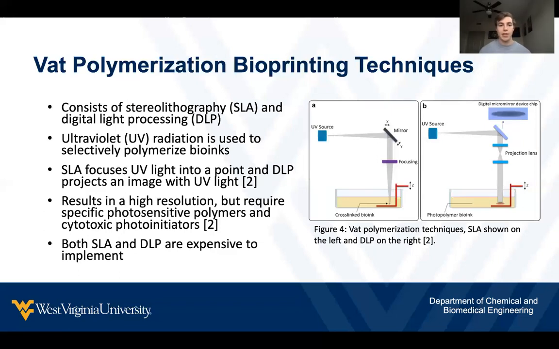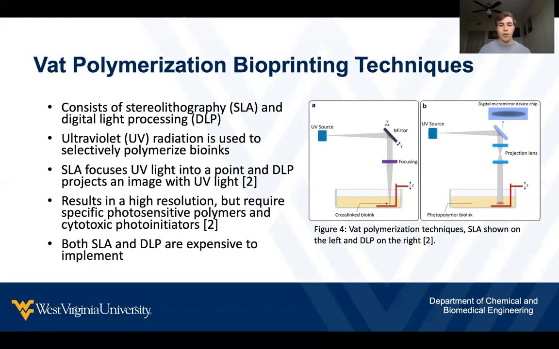Both of these use a UV source, which is then used to polymerize a photopolymer bioink. For SLA, it takes a UV source and focuses it down into a point, which is used to then cross-link the bioink in certain positions and form a pattern, which is then built up layer by layer, while the DLP uses projection lenses to project an image, which then